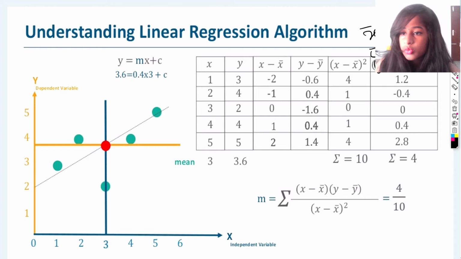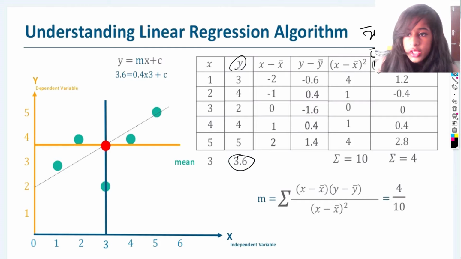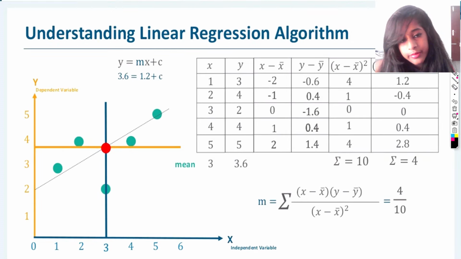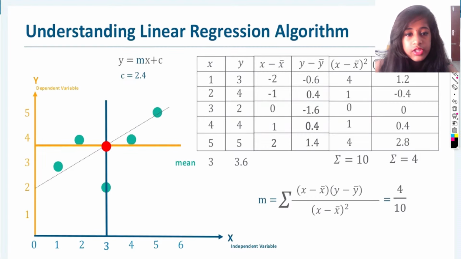So you got 3.6, because you have the y variable over here, and linear regression is used to predict. This is just a small example. So you got the mean of y. You can check it out, the mean that we got here was 3.6 itself. So now we know the y value. Let's check out the c value, that says the constant. When we multiply m by x, you get 1.2. Now we have to check out c.